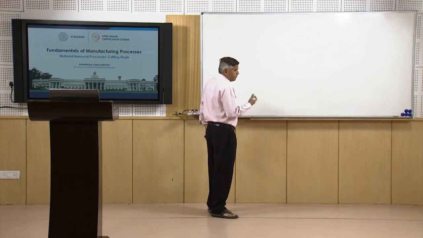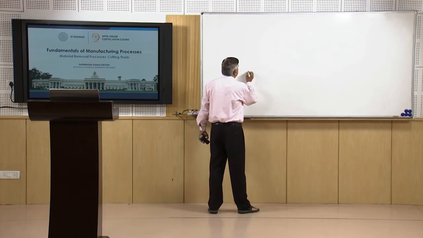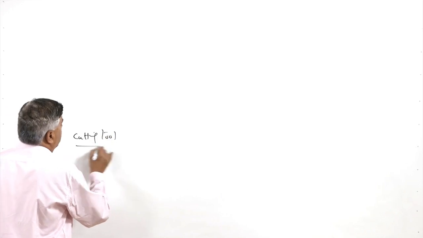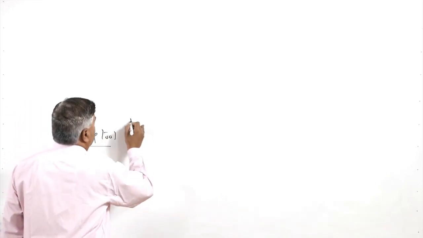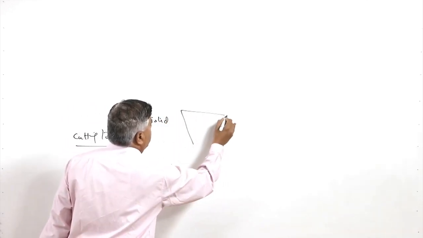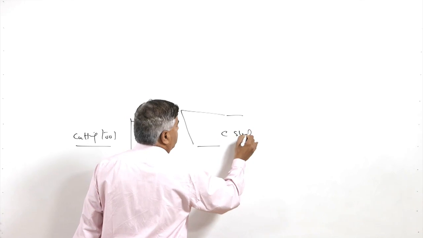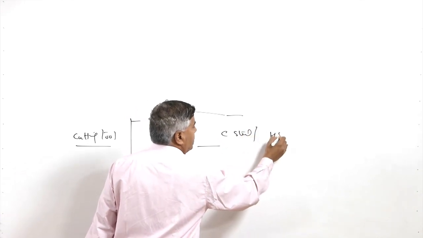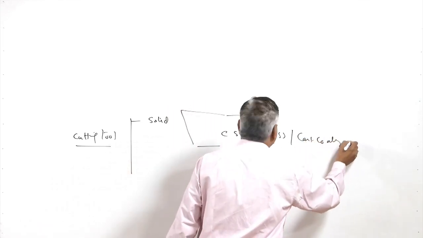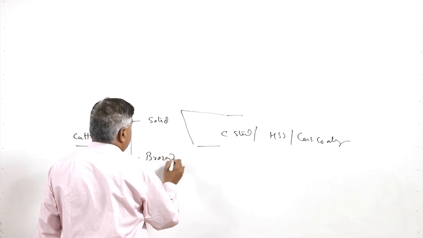So, considering the properties of the tool materials, we need to make the tools in different ways. There are three ways by which cutting tools are made. One is the solid tool, wherein the entire tool is made of the selected tool material, and normally this happens with materials like carbon steel, high speed steel or cast cobalt alloys. Another one is the brazed insert